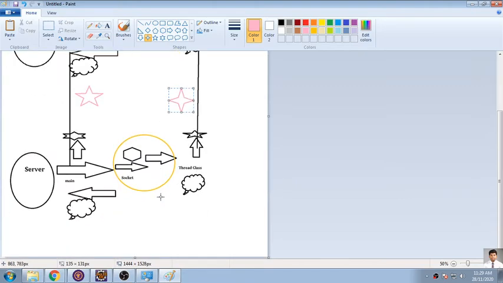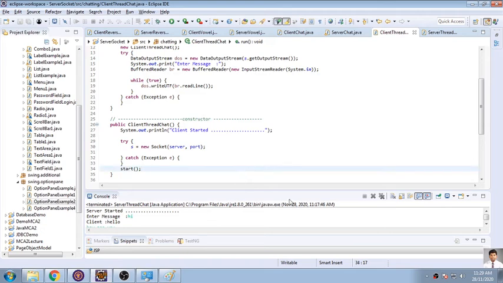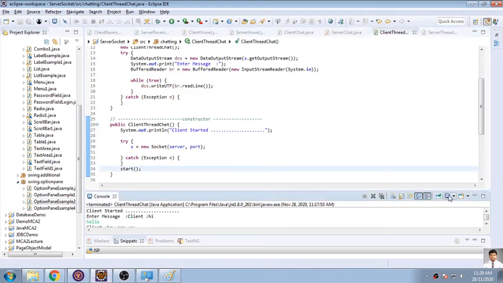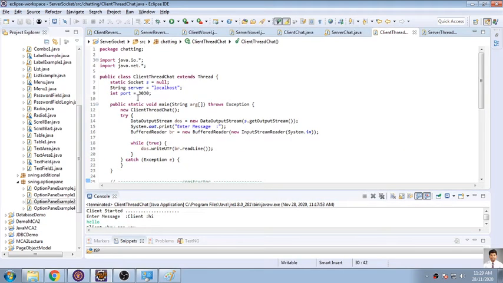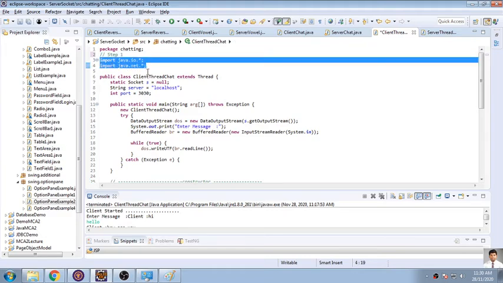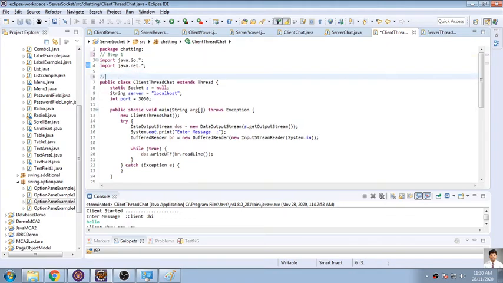So we'll do this demonstration in your program. How this code is written, we'll move to that also. So in this program, what we have done is that we have imported these two packages. I'm writing the code for the client. So this is step number 1, where I have imported two packages, that is the IO package and the NET package.